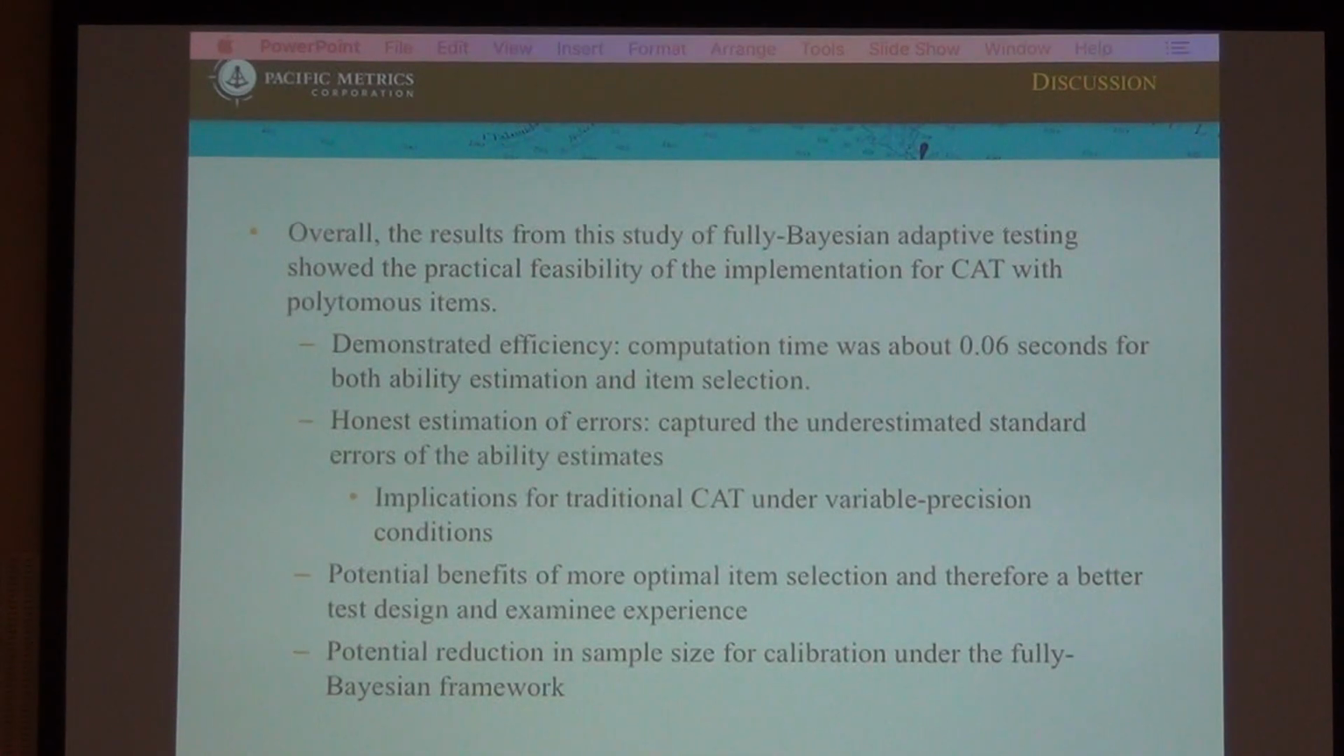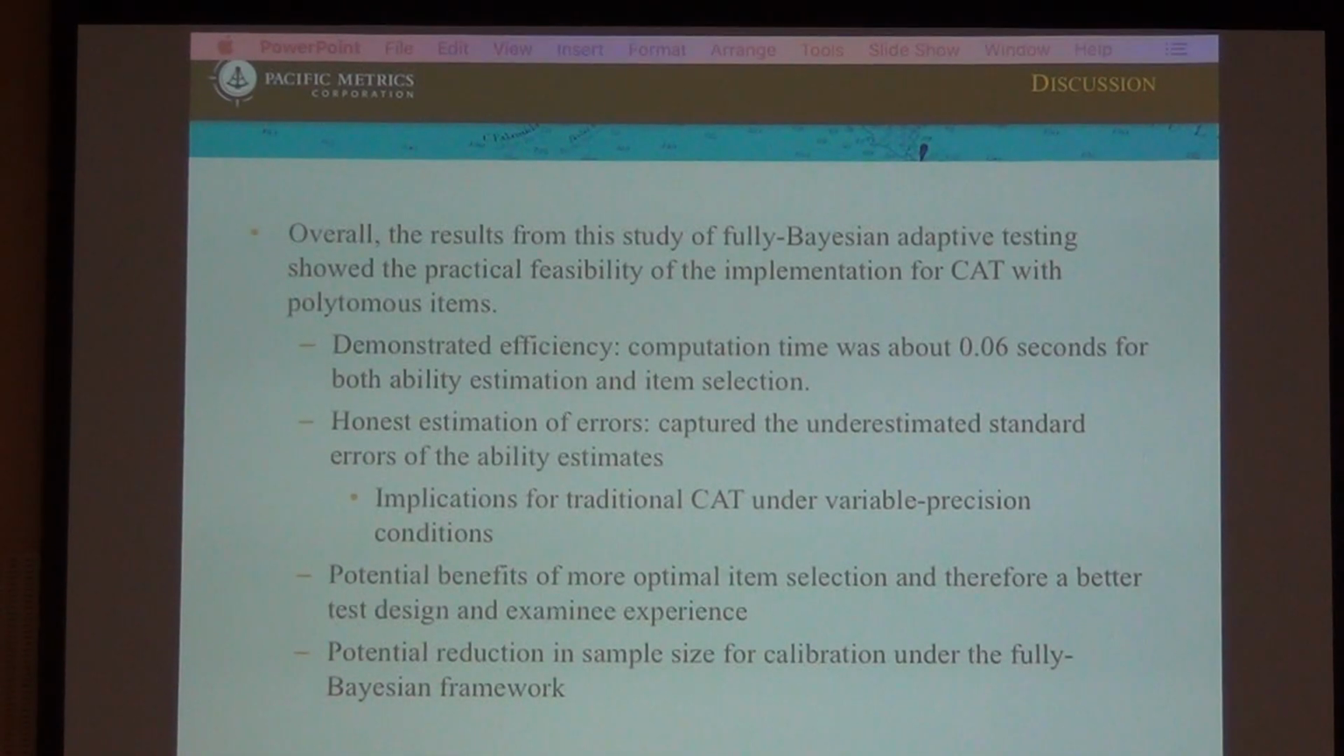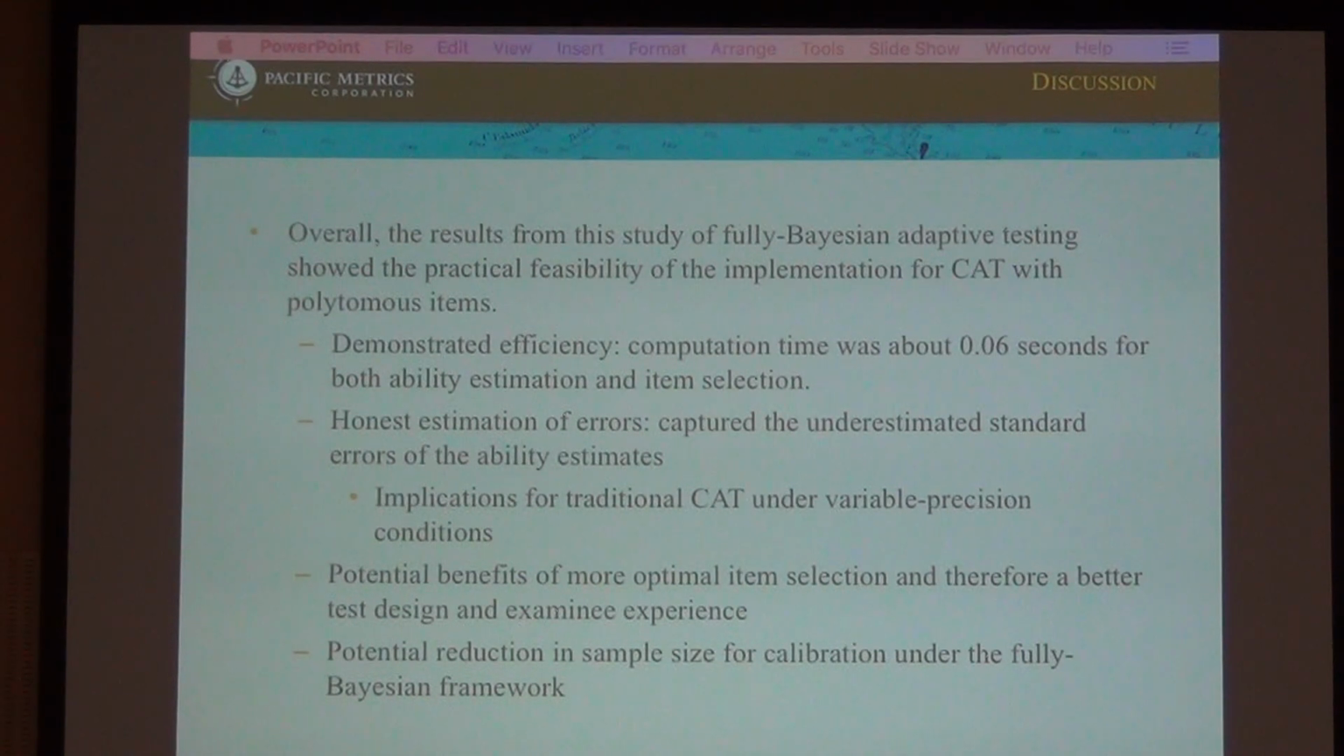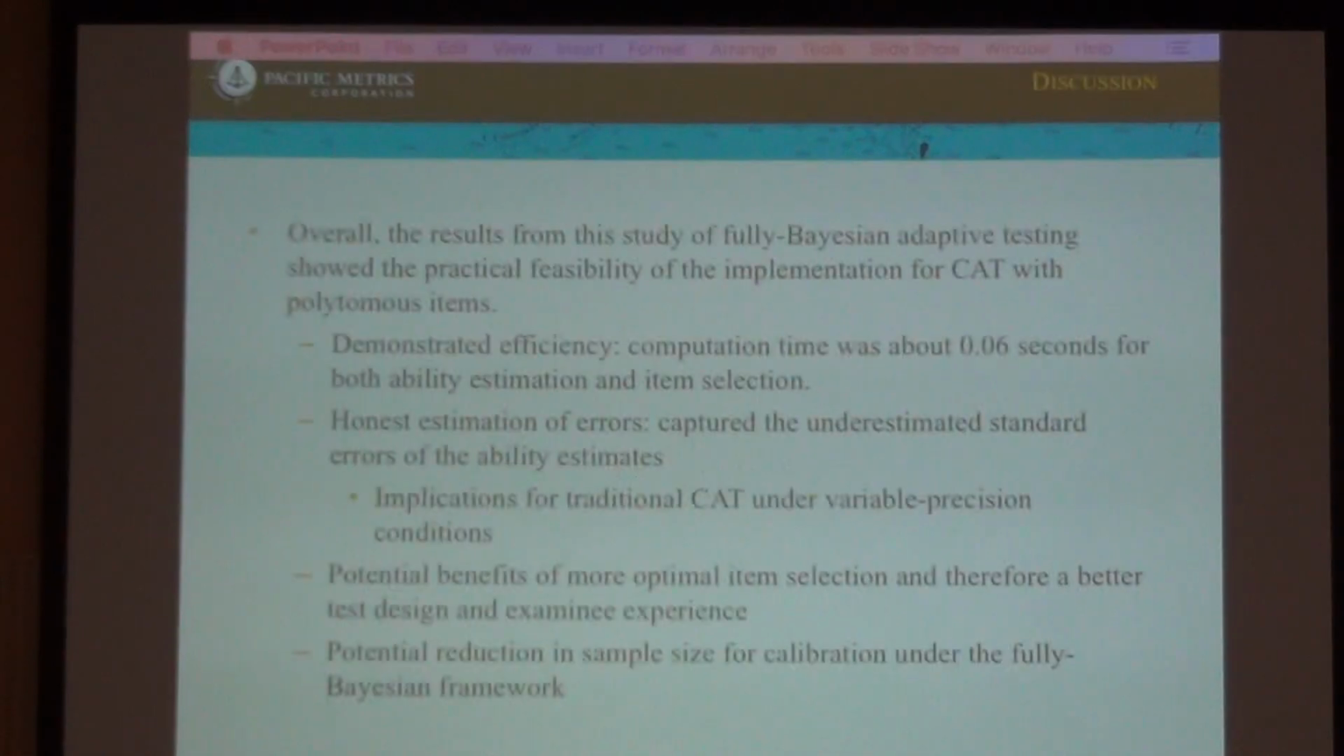There potential reduction in sample sizes for calibration under the fully Bayesian framework. Even though we saw some significant calibration error exist for the smaller calibration size, because we acknowledge this kind of error in the whole CAT process, we still can use some items with big error exist for the operational use. Yeah, that's